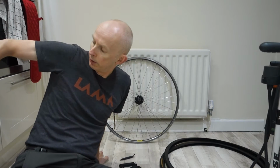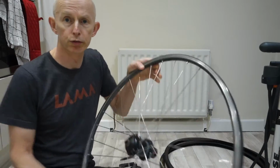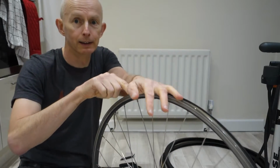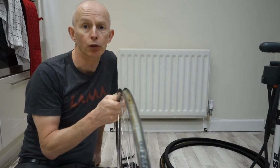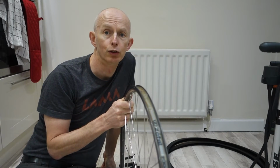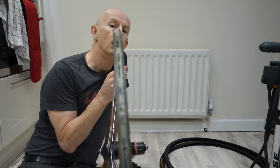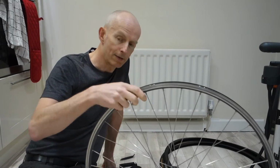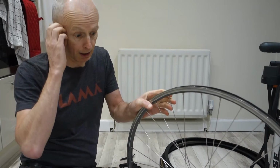unravel. That's it. I'm going to get a wheel and go through how I put a tyre and a tube on a wheel, on a rim. Obviously this is tubed, not tubeless, so I've already got, what do you call it, rim tape on there. This is a Mavic Open Pro rim,